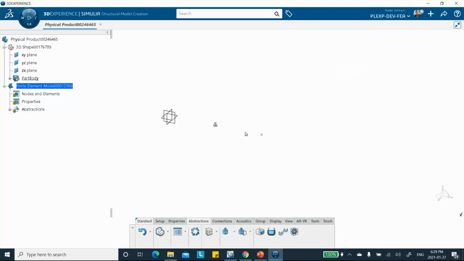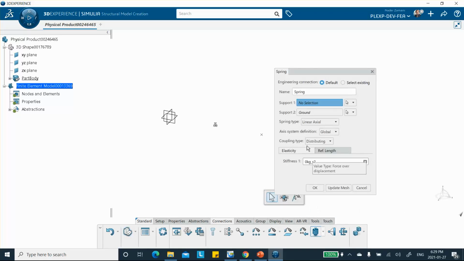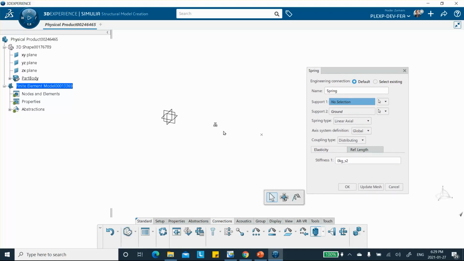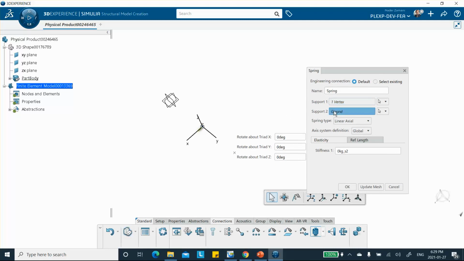Now when it comes to the spring, you click on the connections and you scroll down here, open this up. There's a spring there. Okay, spring. One end of the spring is the point A, and if you don't pick the second point, then it's going to assume it's the ground. See that? It's right there. It says ground. But if you want to specify it, and I do, so you go to the next one, and this is going to be my point B, which is effectively, think about it as the ground, what I'm going to fix. Okay. Now it is an axial